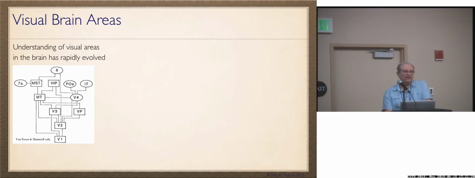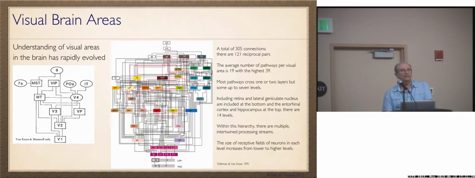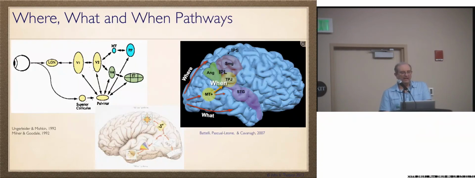All I wanted to say is that there's been a tremendous evolution of these kinds of diagrams. Here's a 1983 diagram. Here's a diagram that I know you've seen earlier today. On the side, I've got some of the statistics. I guess the important things are that there are a tremendous number of connections that are reciprocal. It's not a one-way diagram or anything like that. There's a tremendous amount of feedback and also same level recurrence going on here. There are also, as you've seen in previous talks, the what and where pathways. So I thought I would complicate things a little bit more by adding the when pathway in there too, which is a more recent